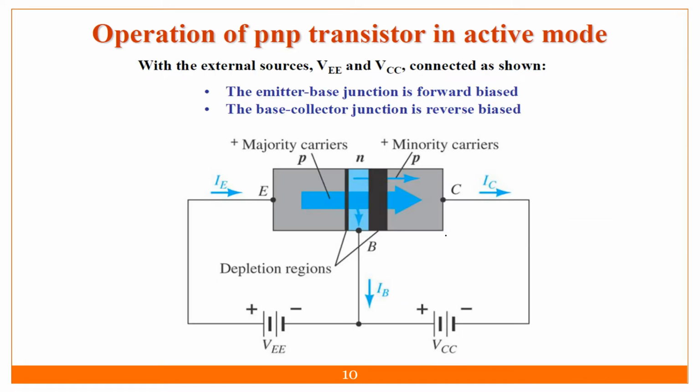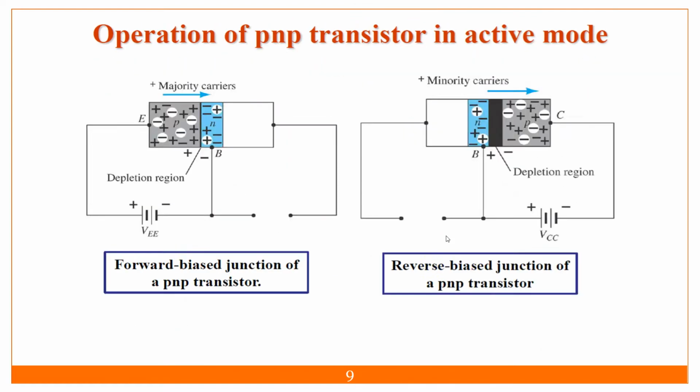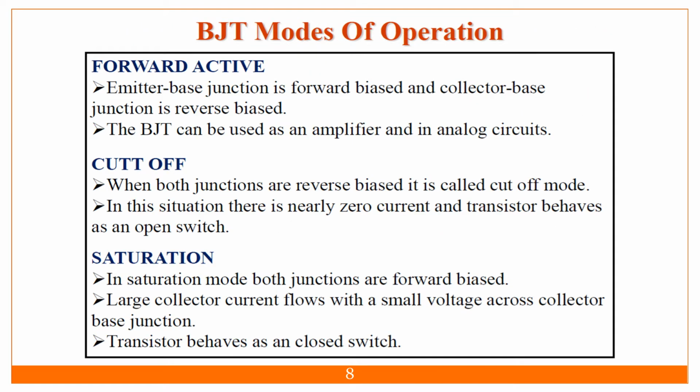Okay, I have denoted this thing with the help of connections and all. So forward active means what? What exactly are we talking about? The emitter to base junction. We know that there are three terminals. Suppose this is my transistor, this is my three terminal device. So this arrow is nothing but the emitter terminal. This is the base, that is the collector, and this is my emitter.